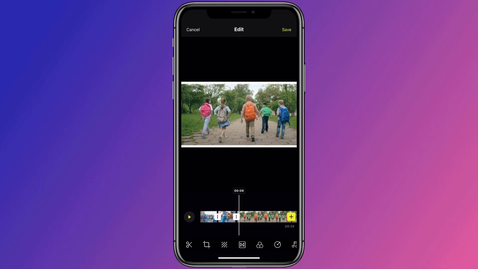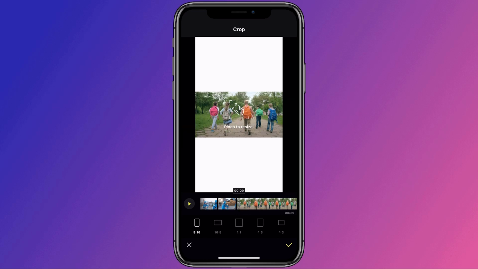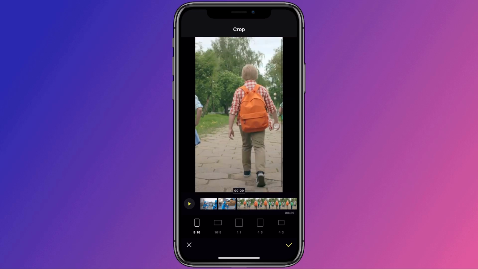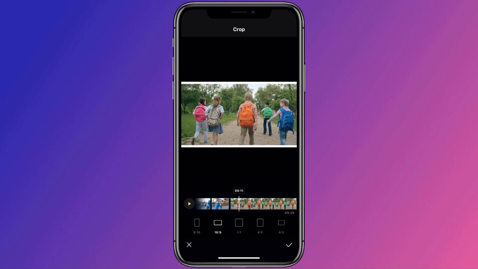The next thing I want you to look at is down on the bottom to the right of the scissor, and this is the crop and ratio. So if I tap on that, you can change the ratio. So for example, if you want to upload something in a vertical format, say you want to upload something to TikTok or you want to upload something to Instagram stories, you can tap on 9:16 and it's going to change the ratio. After it changes the ratio, you can pinch and zoom and move your footage around to fill in the actual video.